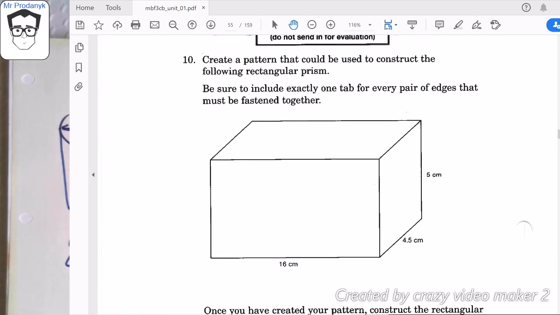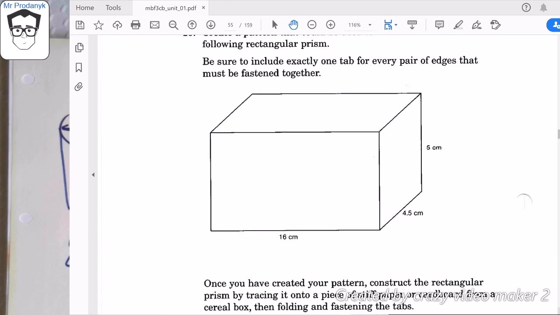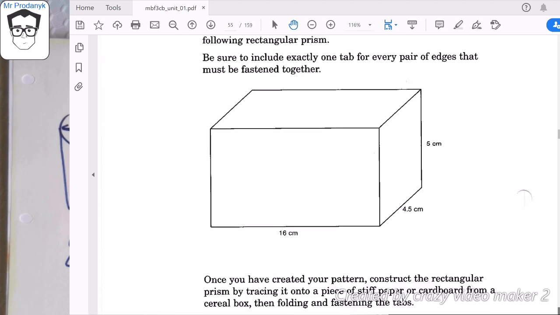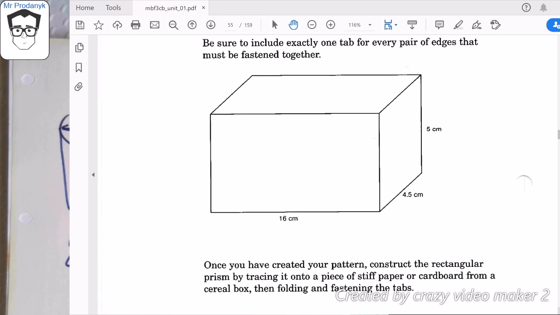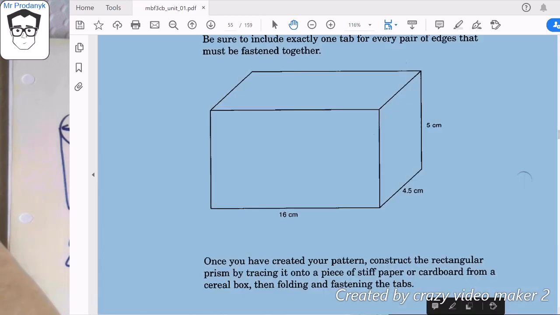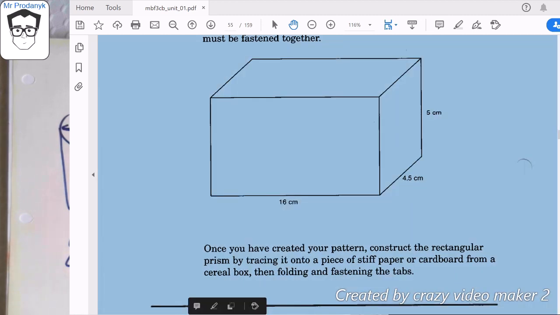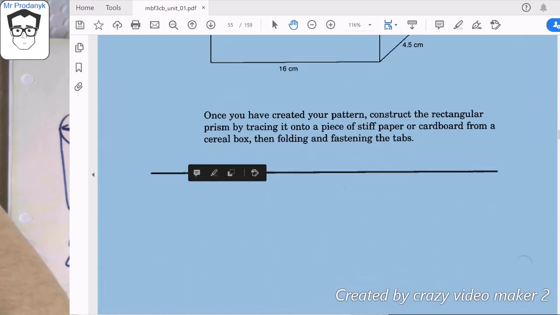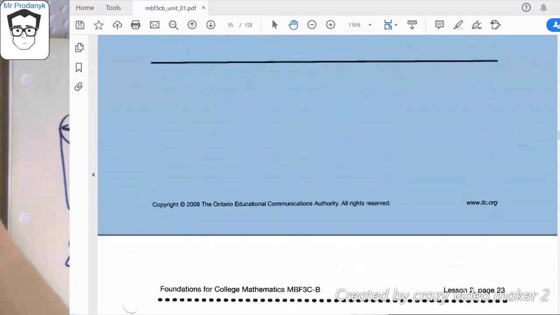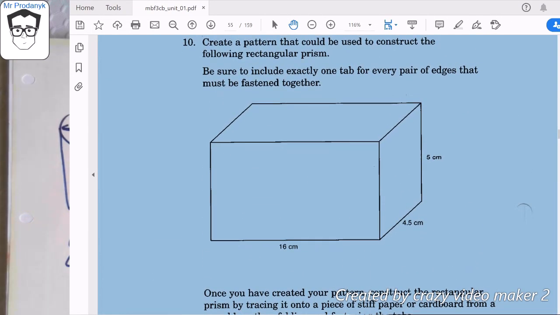All right, so create a pattern that can be used to construct the following rectangular prism. Please be sure to include exactly one tab for every pair of edges that must be fastened together. So it means you need to have one tab available for all of those. Now there's certainly a number of answers that you could do here, how you choose to lay this out. All I want to see is that you have tabs there that would be available for attaching with glue on that. And I'm just going to show you